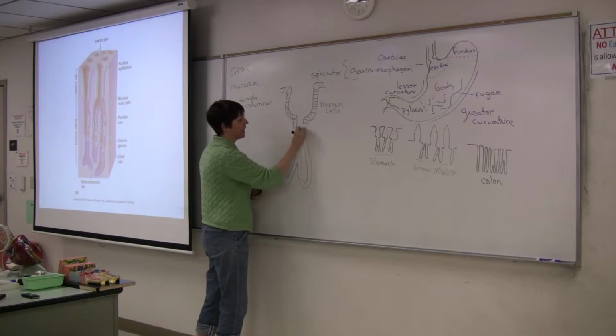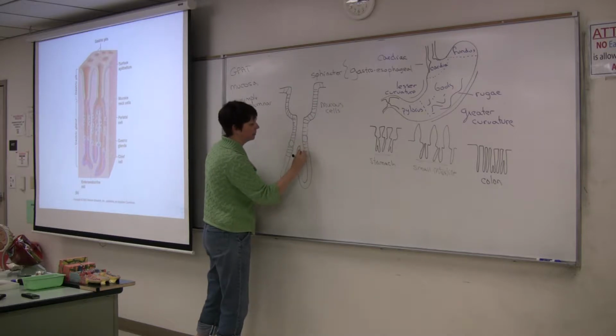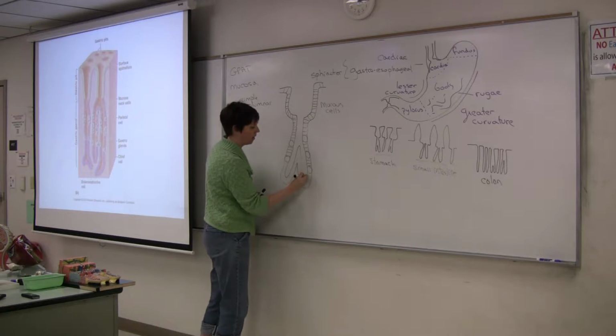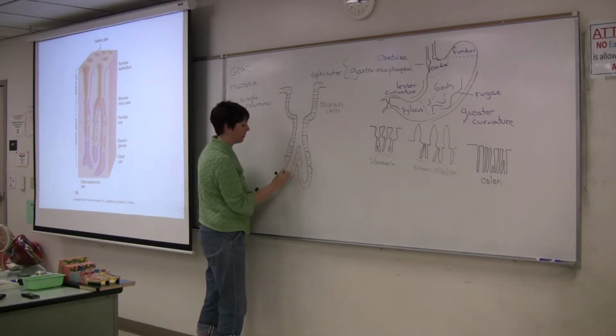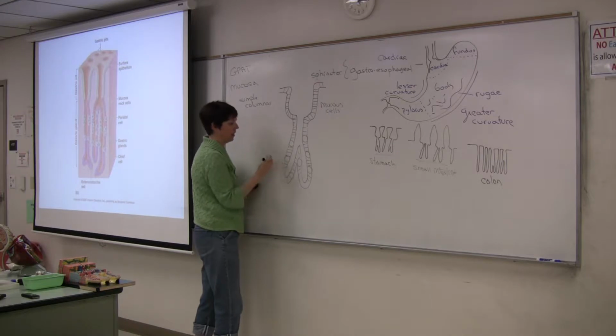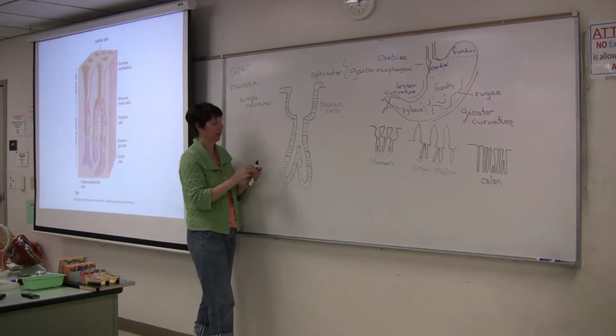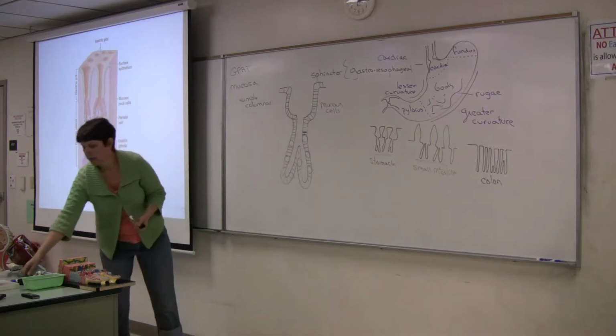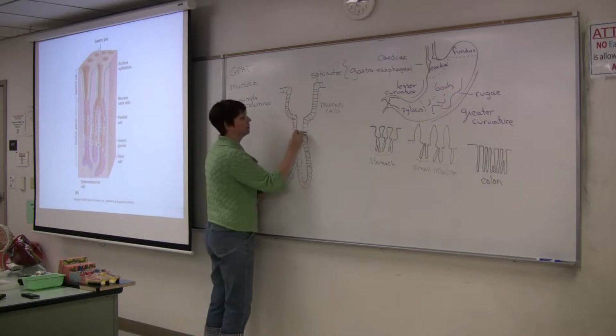Cells that secrete digestive enzymes and cells that secrete hydrochloric acid. So these rounder cells that I'm drawing are the ones that secrete hydrochloric acid. And the other cells are identified as chief cells. Right? I'll make those blue. So the chief cells